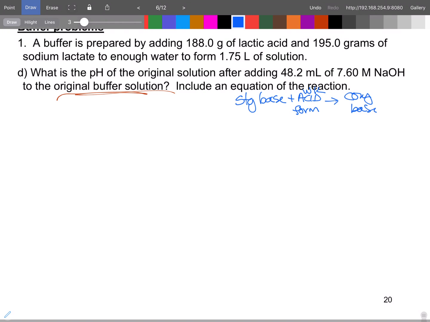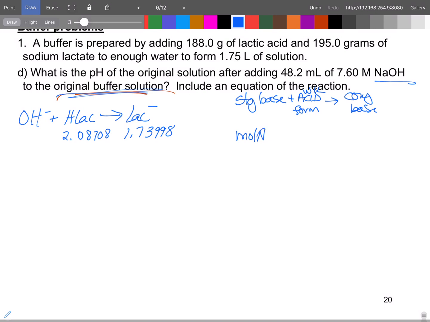Same as before. So in this case, we're going to be adding sodium hydroxide, so it's hydroxide plus H-lac produces lac minus. Now, again, we're back to the original. So initially, for the H-lac, we're back to 2.08708, what we started with, and this is 1.73998. Now, again, we need the moles of sodium hydroxide, and the sodium drops out,